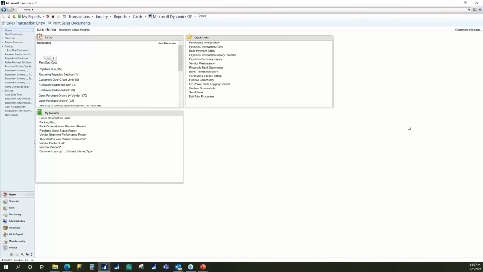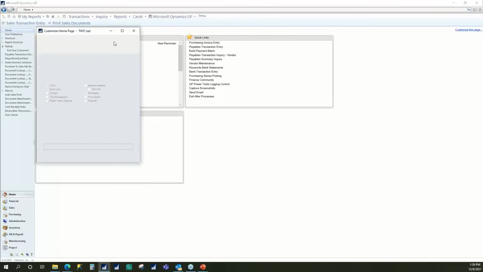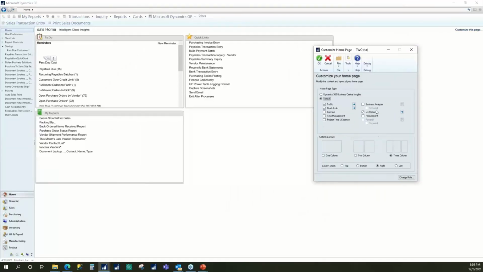Another one is customizing your homepage. If you ever wanted to knock panes off, you've gone into your homepage and you've always got that connect icon showing up, or business analyzer, or sections that you don't want. Customize this page in the upper right-hand corner gives you access to change the layout and how you want those to look. I want them to be a 2-column, or a 1-column setup. I don't want my quick links on the homepage. I don't want business analyzer, whatever it is,